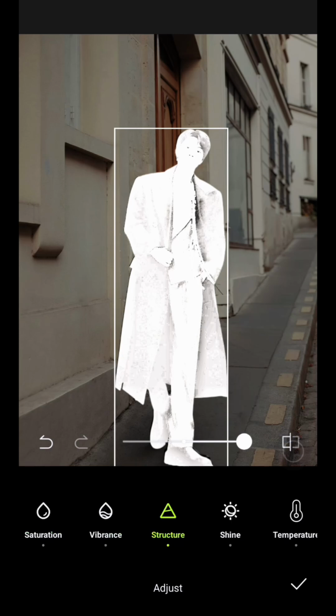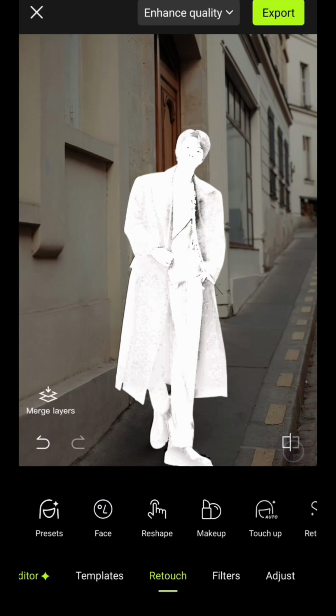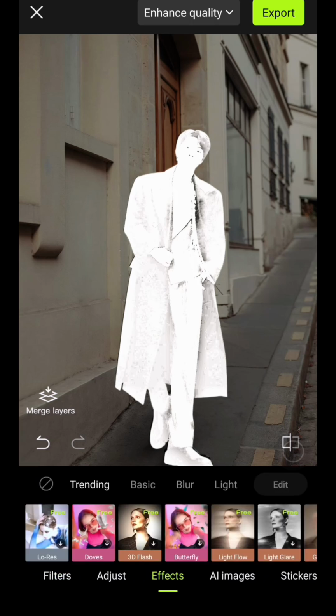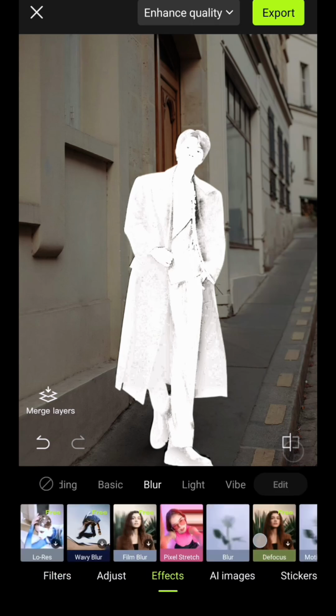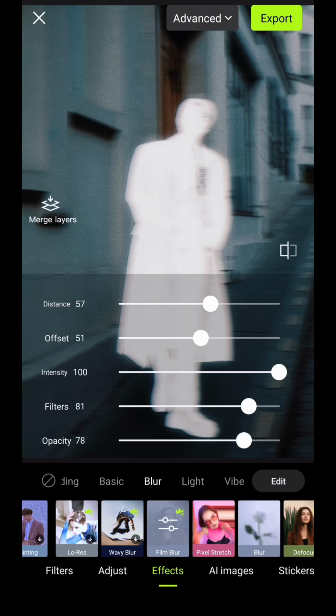Like this. Now your subject will glow like a neon light, and then just tap on background layer and then go to effects, and then choose blur and then choose film blur like this, and then adjust the intensity depending on how soft or dreamy you want the background to look